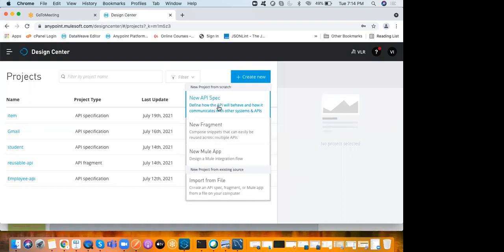Next, if you want to create a brand new, very fresh API, you have to select this option. If someone has already developed an API and gave it to you, that you downloaded and it was there,